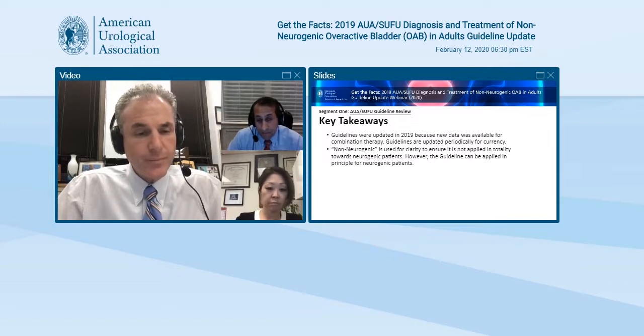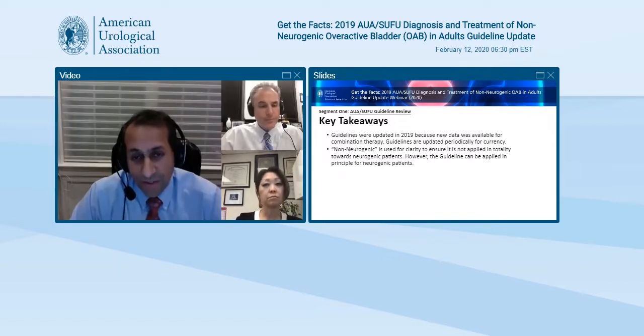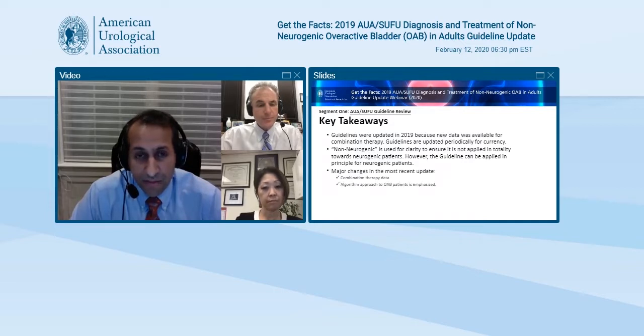Yeah, so perhaps the highlight and punchline to a lot of this was really the use of combination medication therapy. That was the main change between the last guideline and the current amendment. We also wanted to reiterate some of the algorithmic approaches to taking patients from less invasive to more invasive therapies, and not necessarily doing it always in a hierarchical fashion, with some caveats that I think we'll cover today.